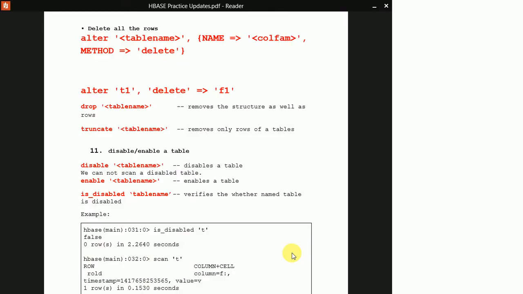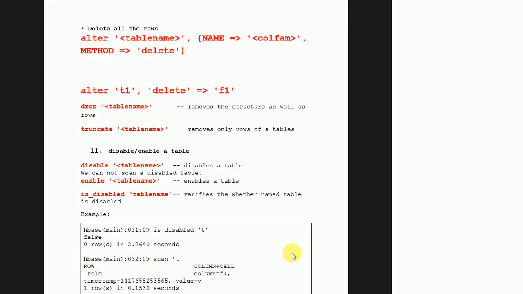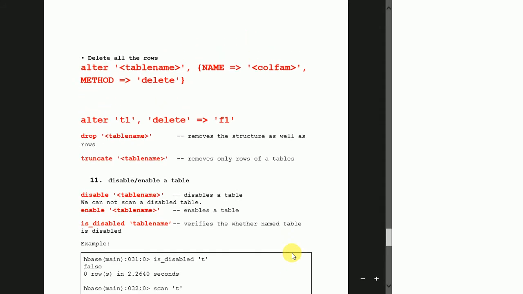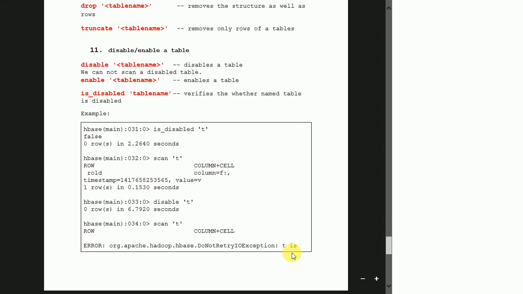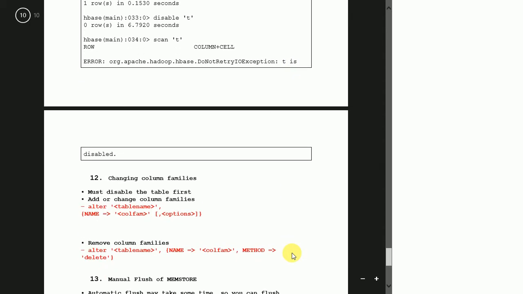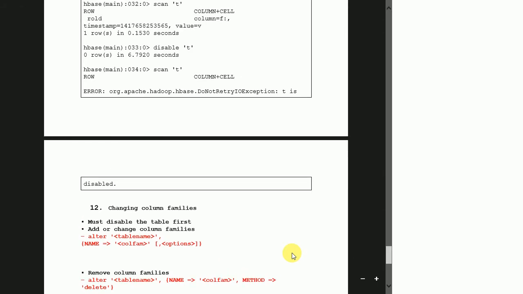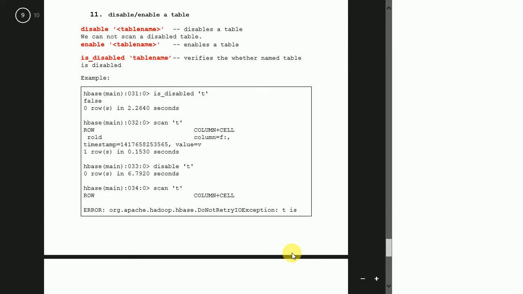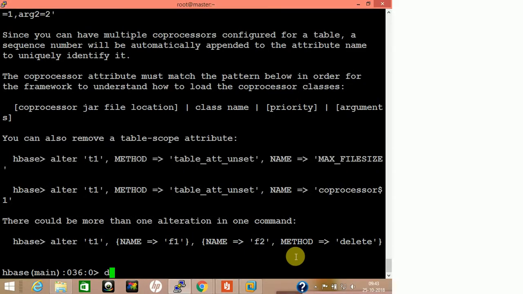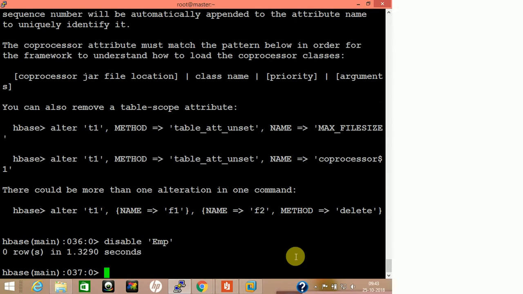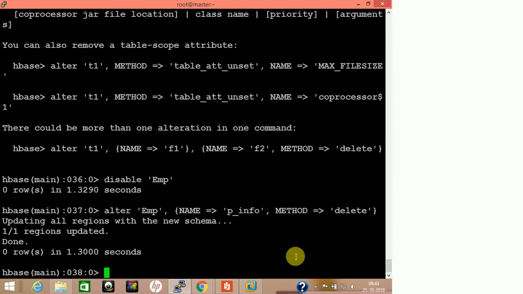Okay, wait. So yeah, so that's the reason. Let's do one thing first. We can disable that table first. Disable emp, and yes, after disabling, let us try that command. It's done. Okay, yeah, so because the table was live, that's why it was not deleting. Okay, why? Because